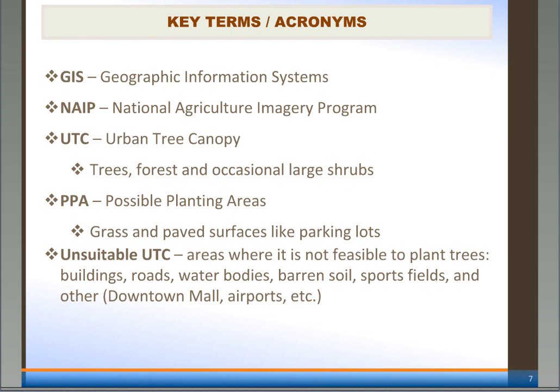Beyond just mapping the tree canopy cover, I'll show you some examples of mapping other land cover classifications in urban areas. One of these is to look at the areas where it's biophysically possible, where it's most reasonable to plant trees in cities. And I have some visuals coming up next where I'll talk about how we create this from the land cover data and how we turn it into meaningful numbers and assessment reports and so forth. Another category is the areas that